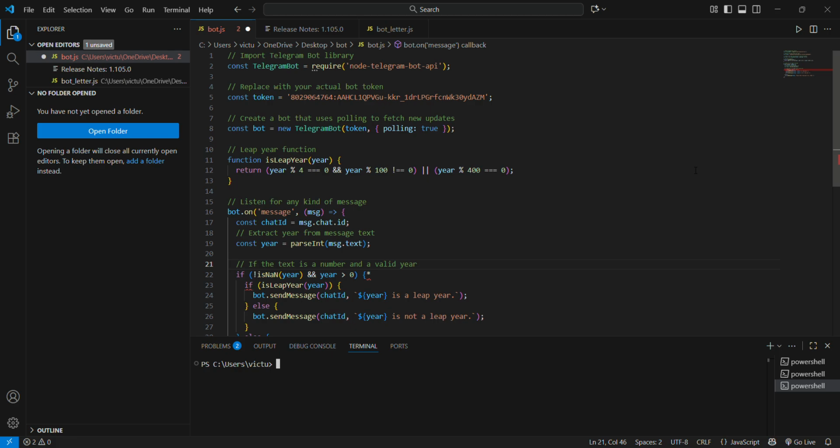For this setup, we need Node.js installed on your computer. The first step is to install Node.js on your laptop and then create a Telegram account. Here is my Telegram account, and now